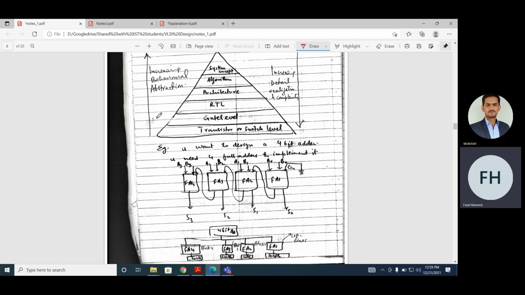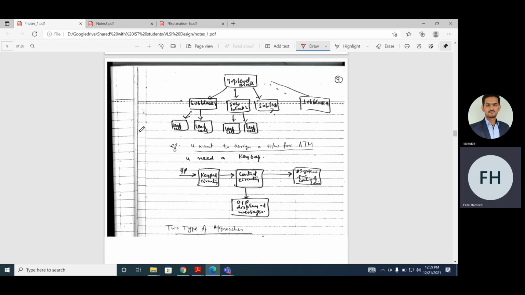We already studied the concept of an adder. In an adder, we said, okay, this is an adder. The block diagram of an adder is A plus B. This is the behavioral description. Now you say the algorithm. So actually, how can you implement an adder? It can be a carry look-ahead adder or a ripple carry adder. Then you have an architecture. Then you have a gate level, and then you have transistors. So this concept applies to various designs that we studied in our Verilog.